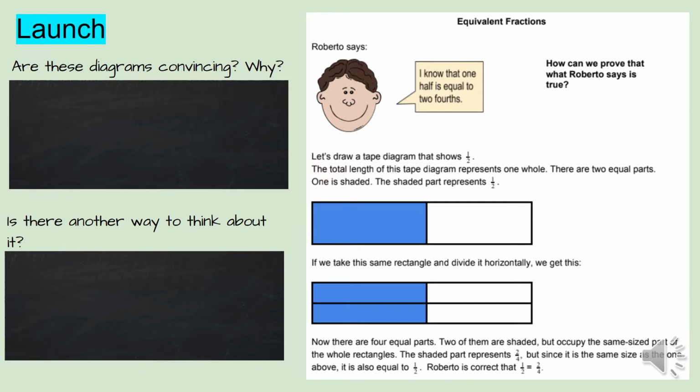The color is very enticing to look at. The total length of this tape diagram represents one whole. There are two equal parts. One is shaded, half. The shaded part represents 1/2. So the question that I want the children to be focusing on is, do the students believe that Roberto is